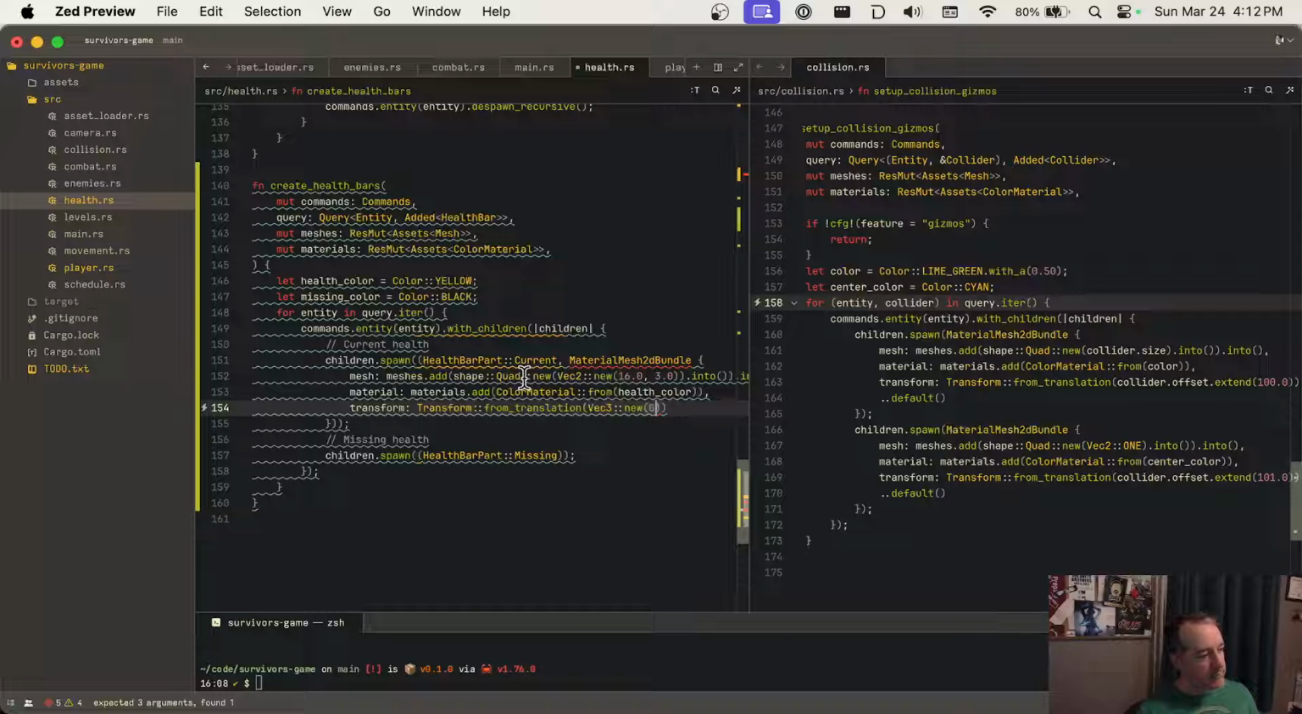Luckily, the missing can just be behind the present health, right? The current health. So I wonder if that even needs to have the marker on it. We can just spawn that rectangle and forget about it because it's always going to be relative to the parent. Yeah, so let's